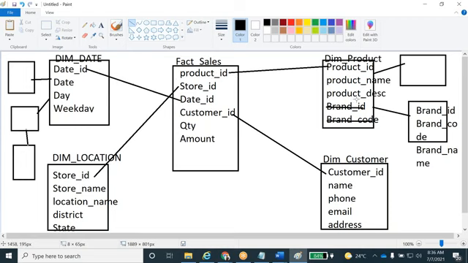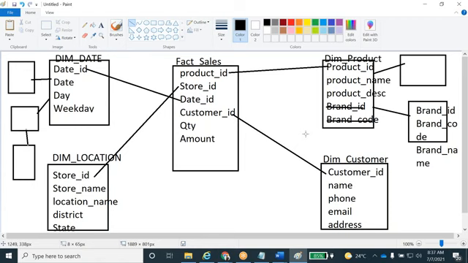That's it, and then we can retrieve the data. But in the snowflake schema we have to join brand ID to product ID, and product ID to sales. That is one join, two joins here, and then date. The number of lookup tables increases, so the joins increase. That's why understanding will be difficult here.